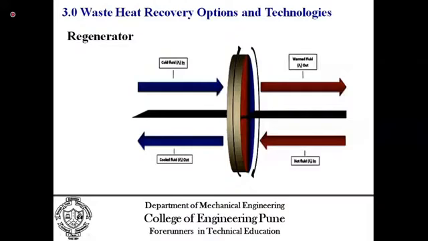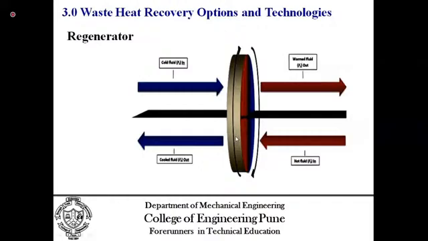And then this wheel is rotated. In the next phase, this hot matrix will come in contact with the cold fluid. Cold fluid will pass over this hot matrix, and the cold fluid will become warm. This cycle will continue. First, in the charging cycle, this wheel gets heated. In the discharge cycle, it will give its heat to the cold fluid, and thus it will become cold. Again it will come to the charging cycle, discharging cycle, charging cycle, discharging cycle.